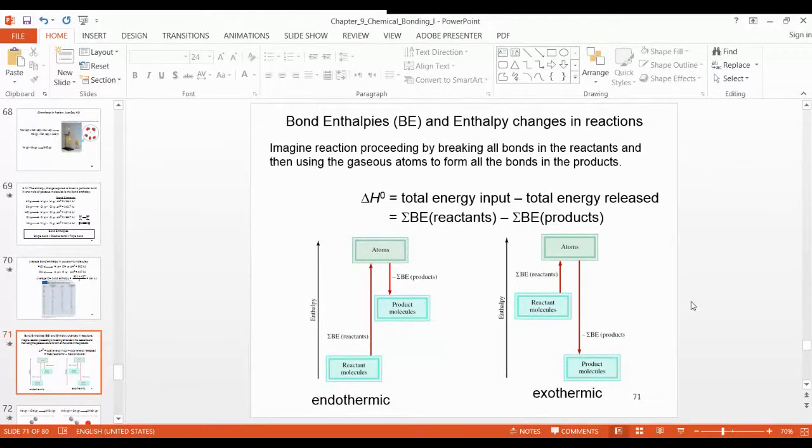Yes. So I'm just talking about the bond energies. We have to determine the bond energies for a chemical reaction. So in a chemical reaction, we have to look at how the bonds are broken and how bonds are formed. Only two things we have to determine. For bond broken, we require some energy.